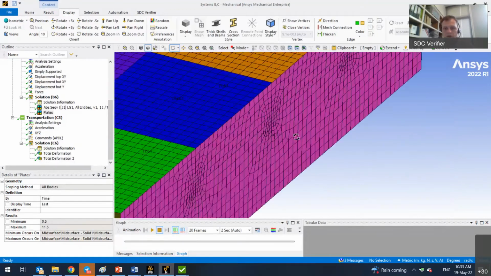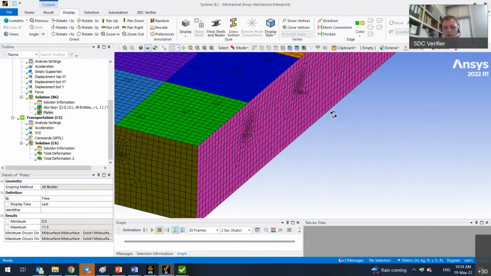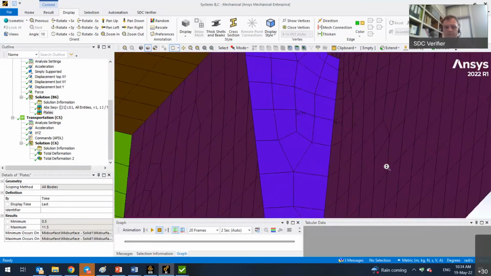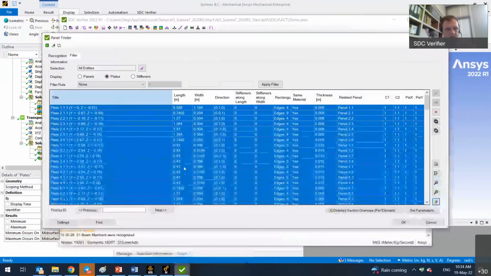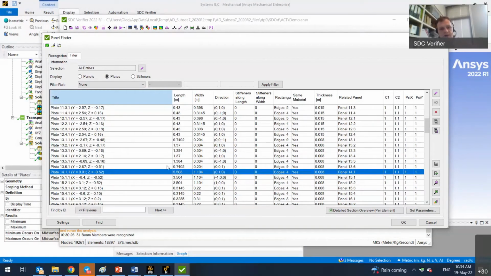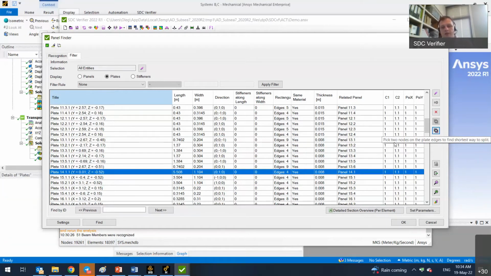So these are the plate numbers. 1411. So I go to plate number 1411. And we see that it's 5.5 by 1 meter long. And here I have split selected plates by nodes, split selected plates by elements, by order. I can select 2 nodes to split the plates. So I'm not going to go through the full process because it's not the